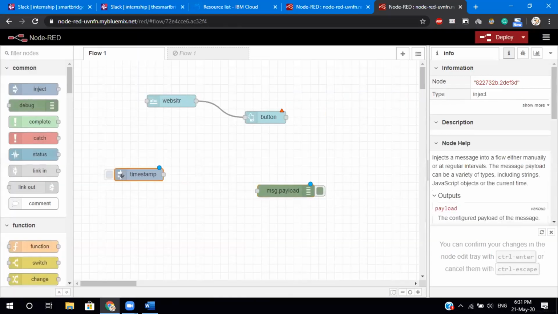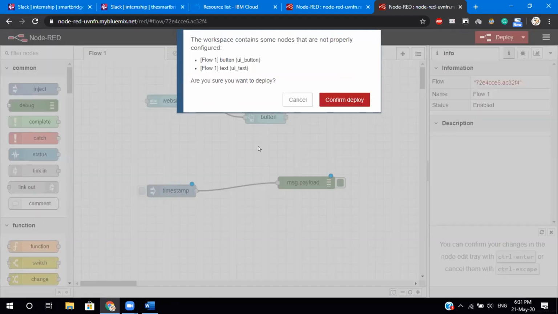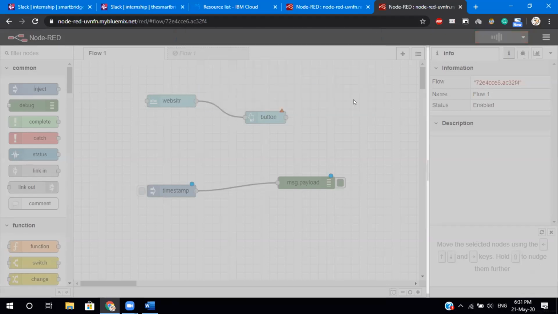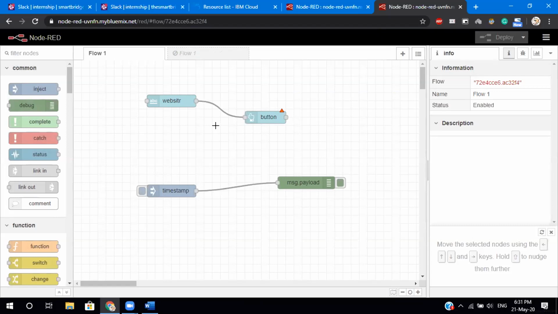Okay, so this is your inject node and this is your debug node. Make sure you deploy your Node-RED flow all the time. Whenever you have some doubts, we will be asking you to show your debug page in Node-RED.